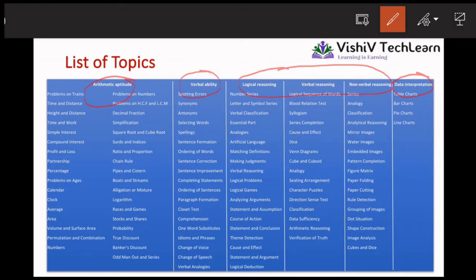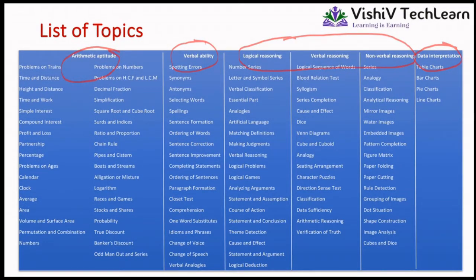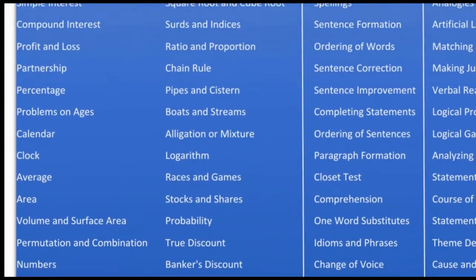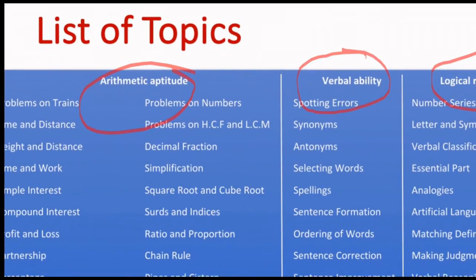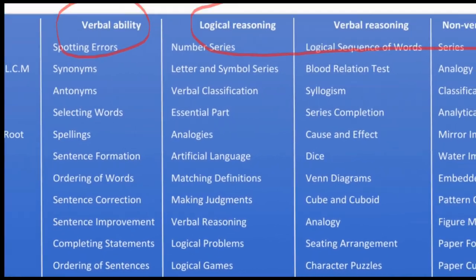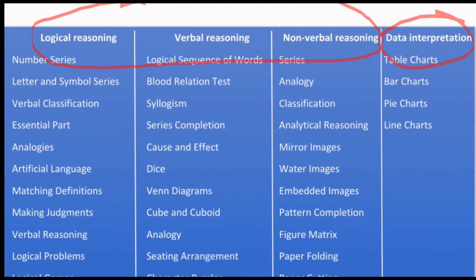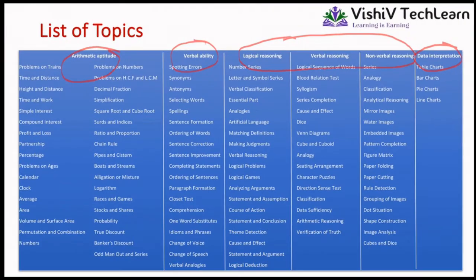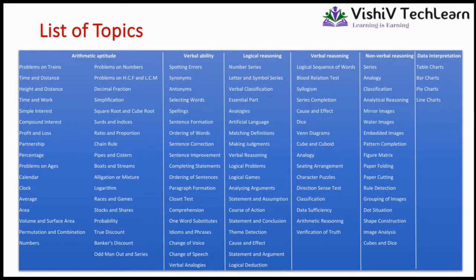So this is how we have these subcategories, and under each subcategory, as you can see, we have many subtopics. In the case of arithmetic aptitude, quantitative. In the case of verbal ability also, we have these many topics: logical reasoning, verbal reasoning, non-verbal reasoning, and data interpretation. So in total, if we count all these topics, there are 110 topics. And as I said earlier, this is going to be a series of aptitude topics, so we are going to cover all these topics one by one. Now let's go to the next part,